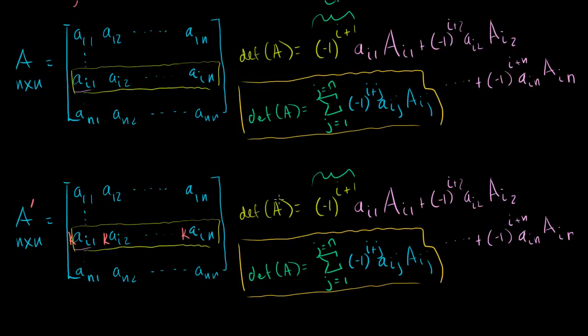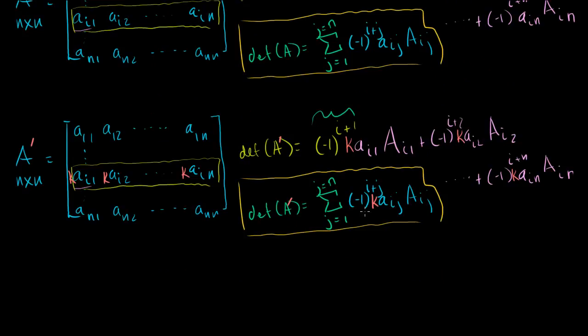So what's the determinant of A prime? Well, we're just going to go down this row again, but now instead of just an ai1, we have a kai1. Instead of an ai2, we have a kai2. Instead of an ain, we have a kain. So its determinant is just going to be this same thing, but instead of an aij everywhere, we're going to have a kaij. So this is the determinant of A prime. And so this is equal to,